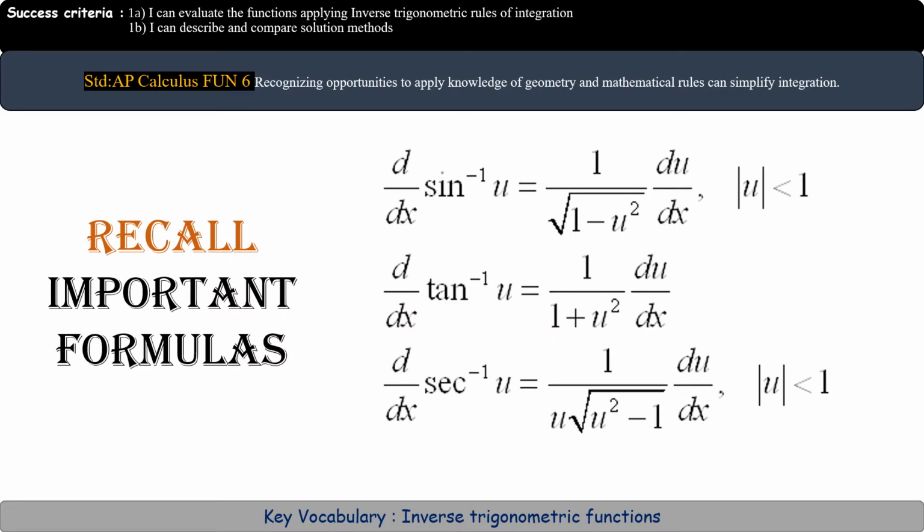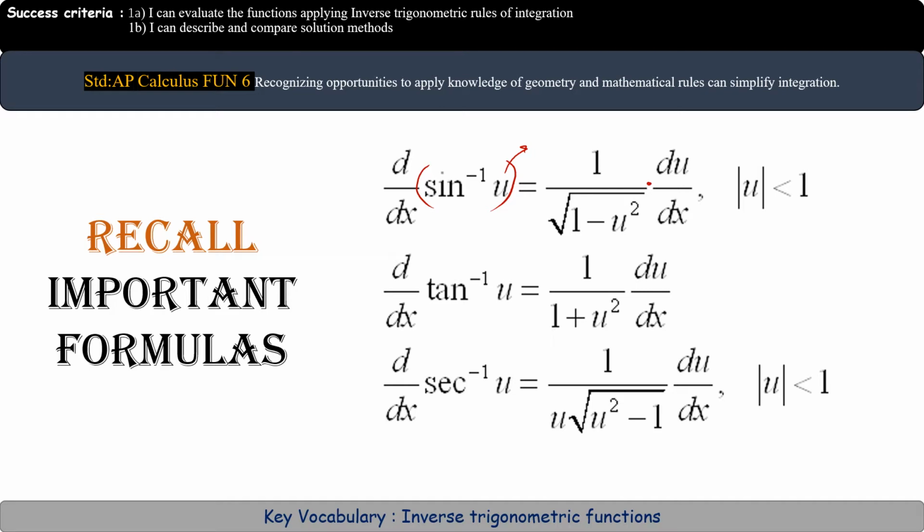Okay, first of all, before we study about the antiderivatives or the integration formulas, we all know that the derivatives and antiderivatives are the inverse of each other, or they are the reverse processes of each other. So if you remember, the derivative of arc sine u or sine inverse u, where u is a function, is 1 over square root of 1 minus u square times the u prime.